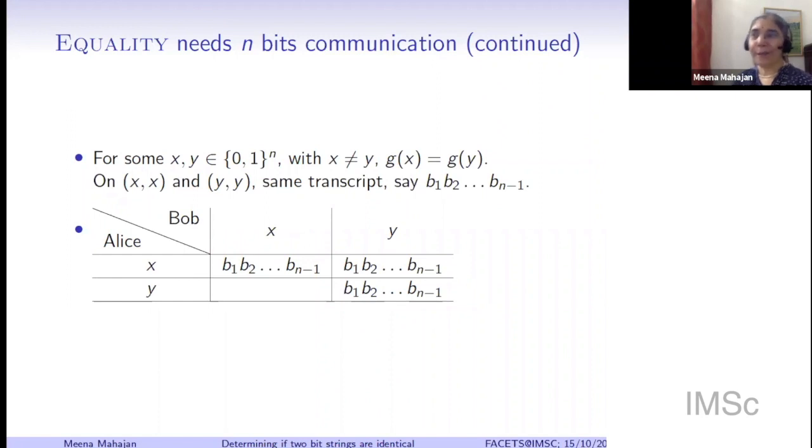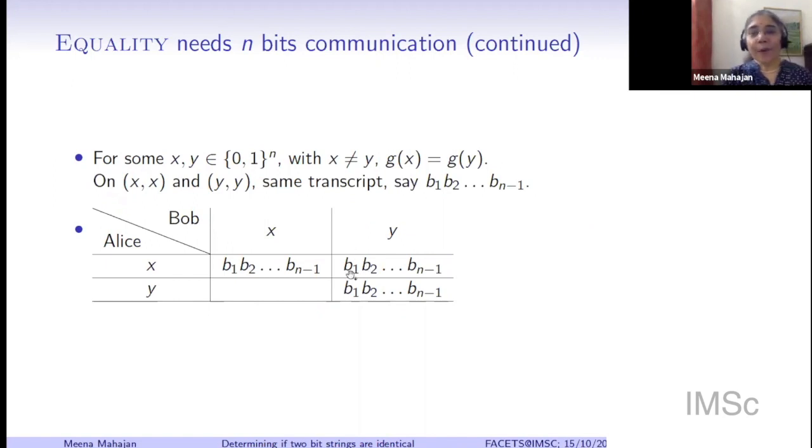Okay, that's the first bit. What about the next bit? Now, again, the protocol is going to specify who speaks next. And if you think a little bit more about this, it is an inductive proof. At every stage of the protocol, the information that the persons have is exactly the same.